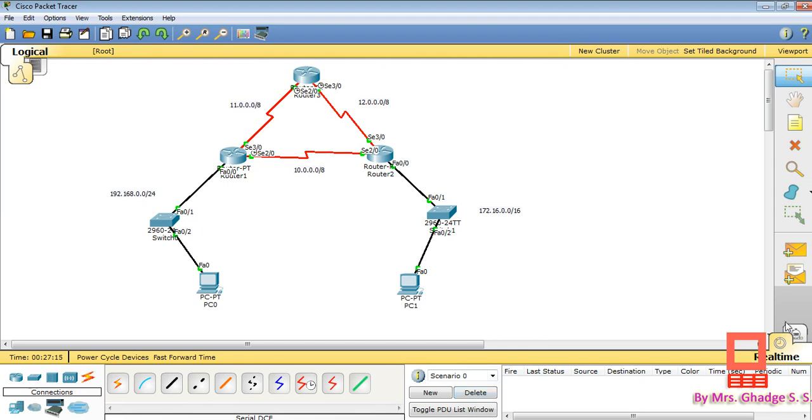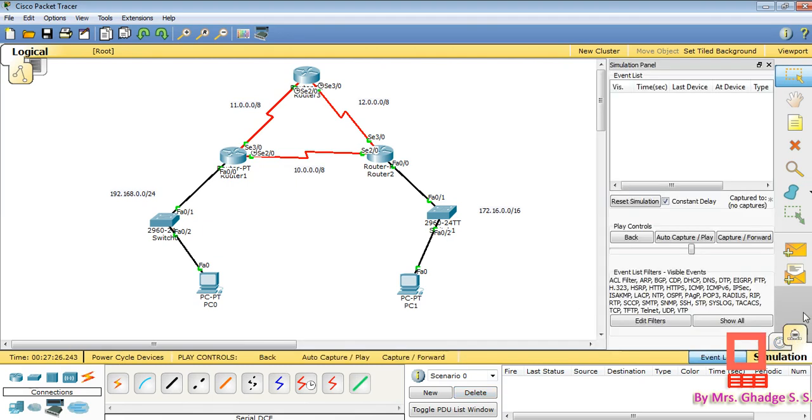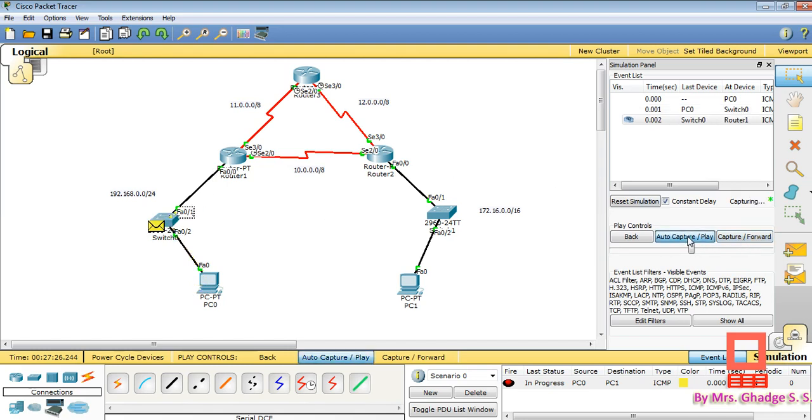Okay, so if we go to simulation mode, and check the connectivity between PC0 to PC1, and if we capture here, then you can see how the packet moves, auto capture.